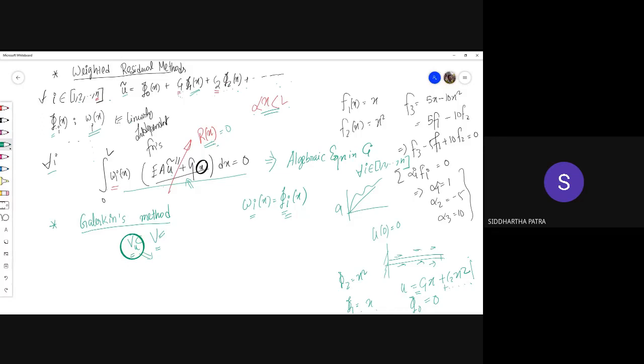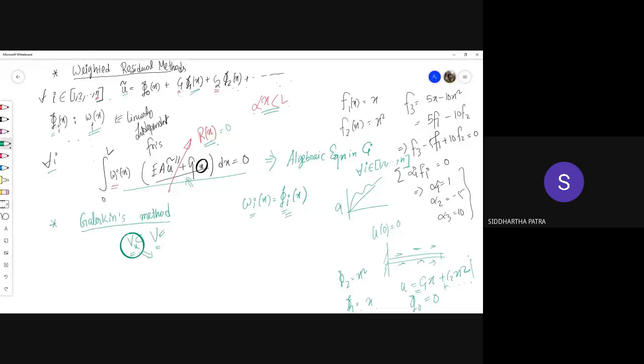Galerkin's method is a special method where you are using the trial functions themselves as the weights. Today I don't think we can cover Galerkin's method. That is the next method that we want to cover. But for today's class, your second assignment,